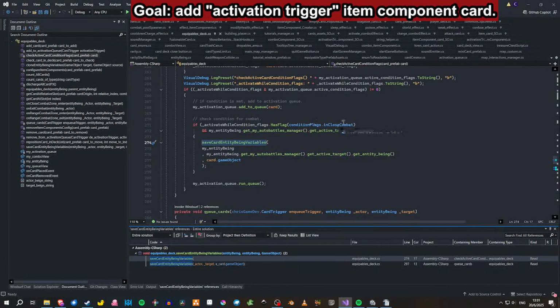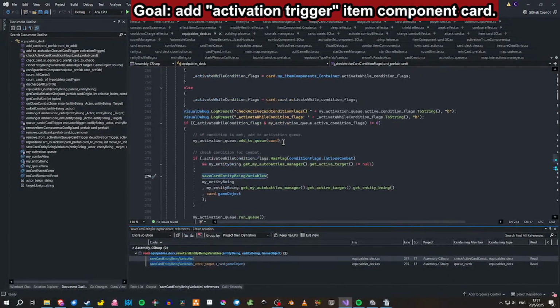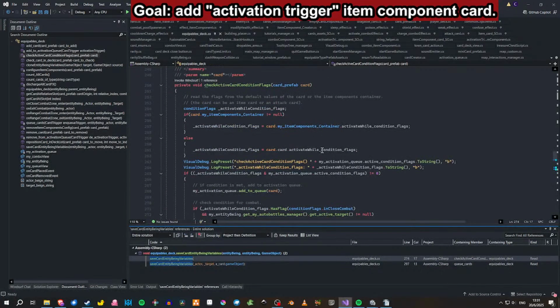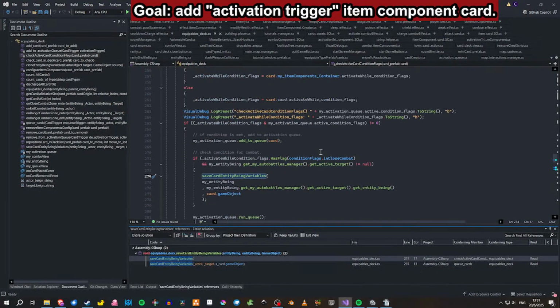Why? Get active target not null. In close combat, so